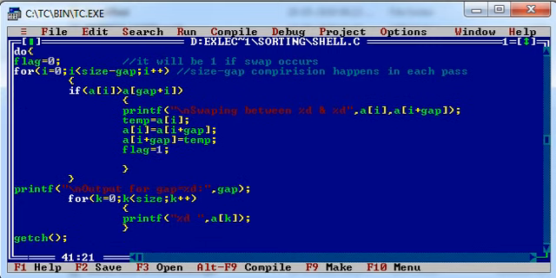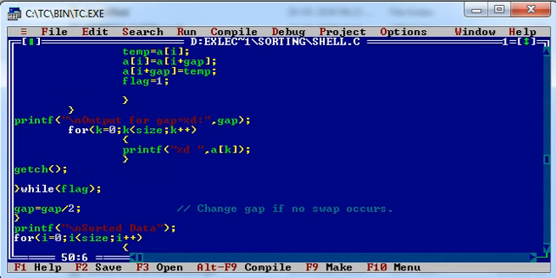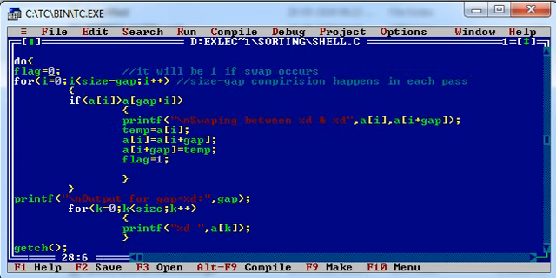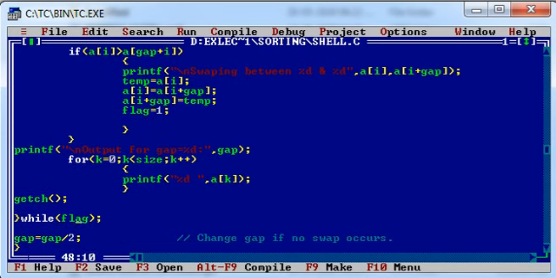Again, for each gap, I am printing the array. We stay in this loop until the flag becomes 0, when there is no swapping between the elements. At that time, I can come out from this loop. And as soon as I come out from this loop, I need to reduce the gap by 2.